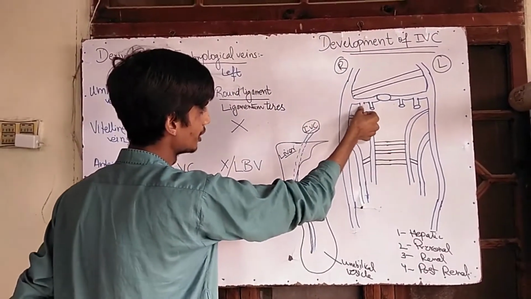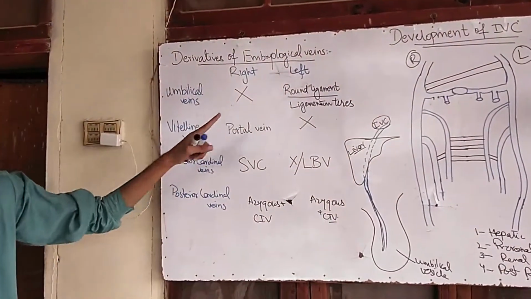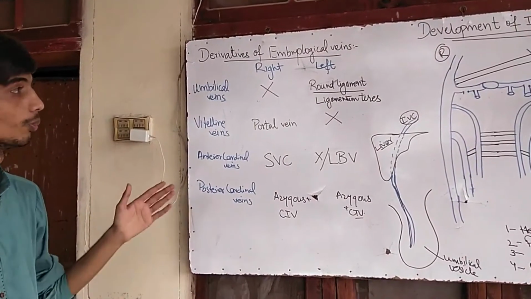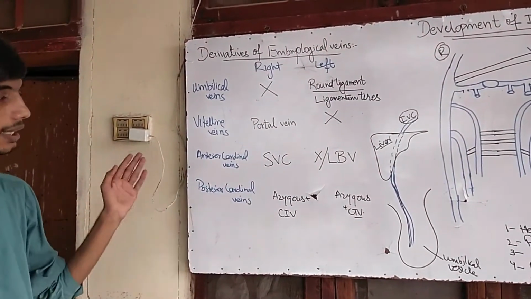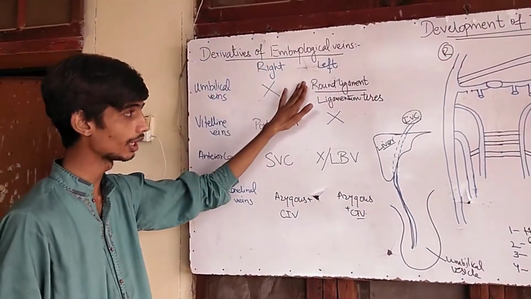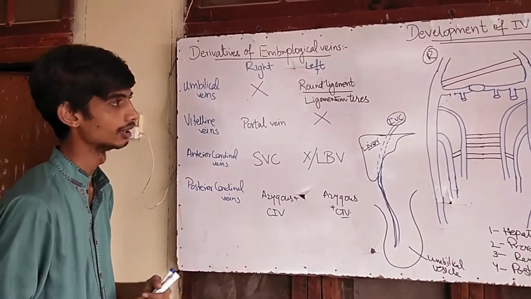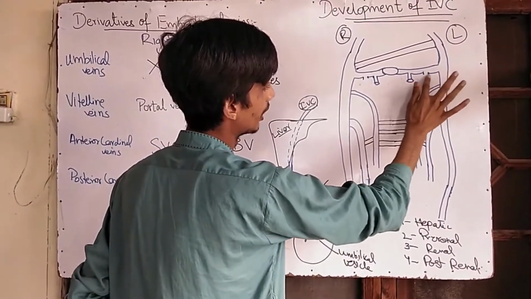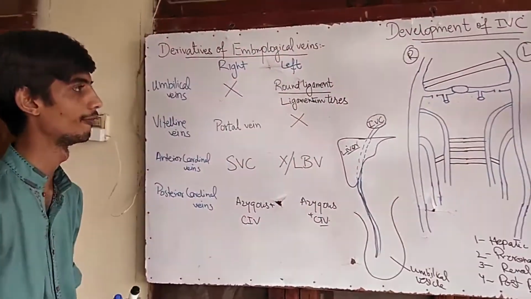Whereas during fetal life, the left one is important in transmitting the oxygenated blood from the placenta to the venous end of the developing heart, and later when the baby is born, this left umbilical vein is also converted into the round ligament of the liver, or ligamentum teres. So this left one also goes in postnatal life.